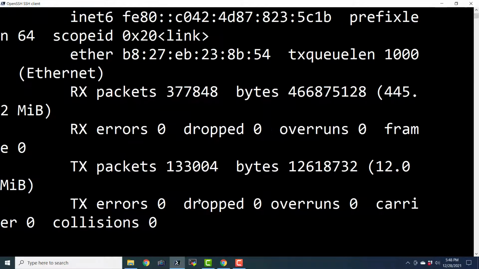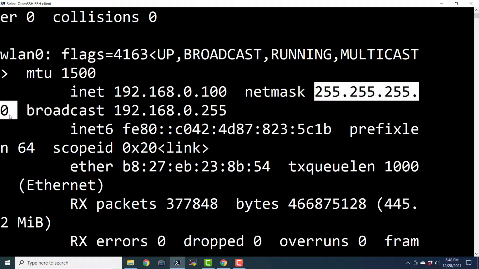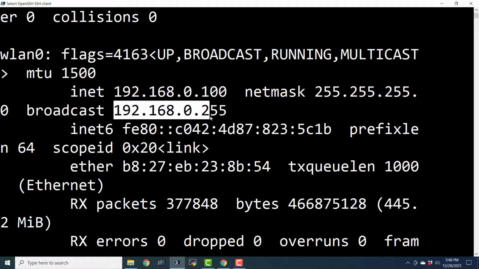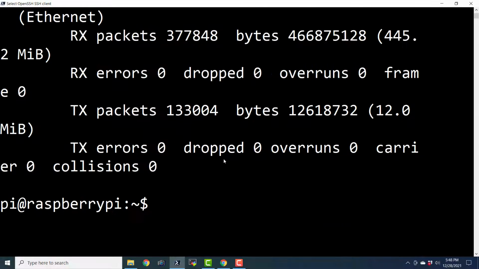So let us see the IPv4 address of our system. We already know that the IP address of our system is this one, and the net mask is this one, and this is the broadcast address. This way we can find out the IP address of any system from the command prompt.